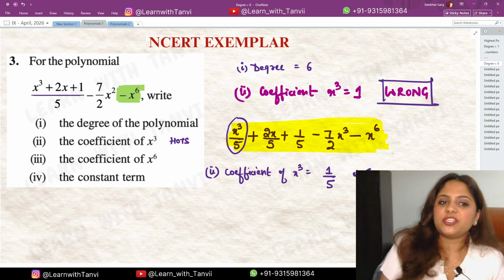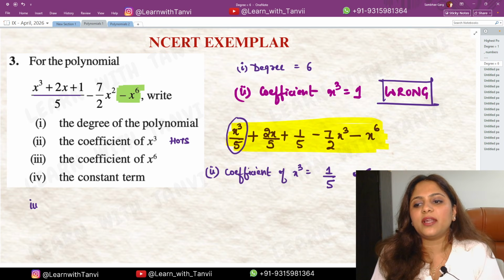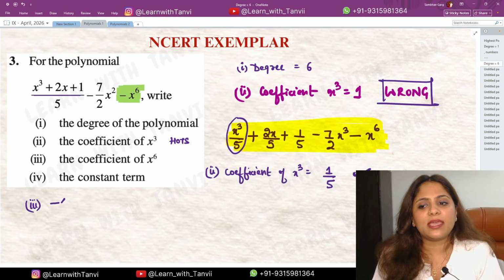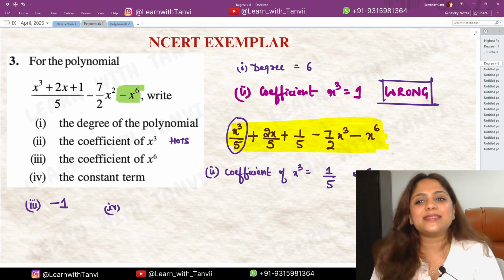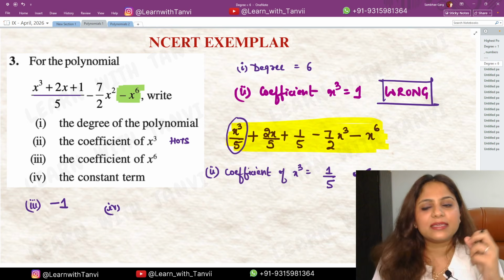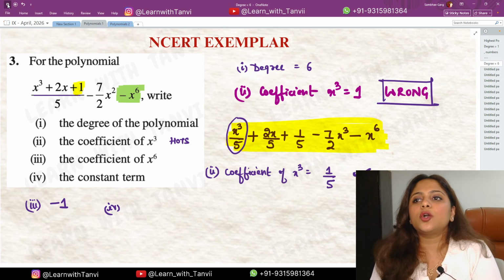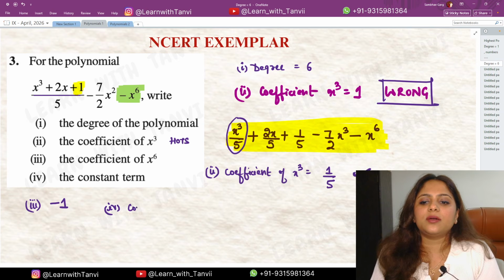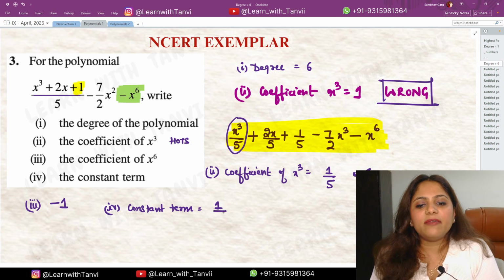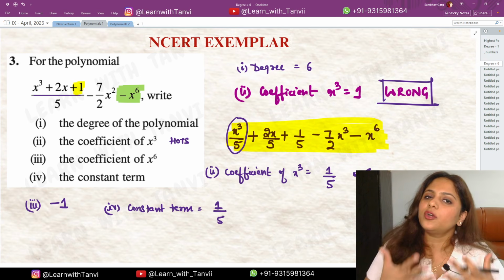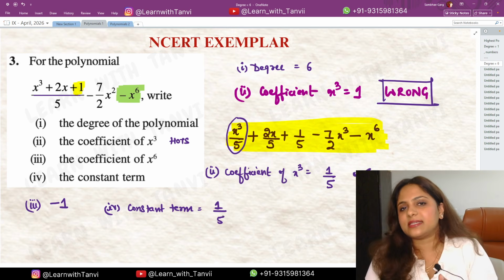ठीक है. अब coefficient of x⁶ बताना है. Third part, coefficient of x⁶, x की पावर 6 के साथ कुछ नहीं है तो -1. Now fourth part, you need to tell the constant term. अब constant term भी तभी आई ना जब हमने अलग अलग किया, otherwise you would have said कि constant term तो यहाँ पे 1 है. No, the actual constant term is now 1/5. Constant term 1/5 है. क्लियर हुआ? So this is how CBSE gives you the questions. तो ये हमने सीखा इस exercise से.